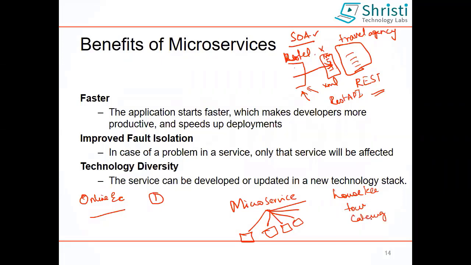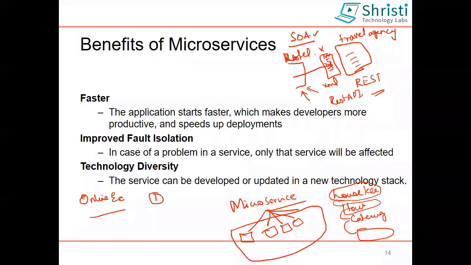So how are these things going to talk to each other? That is nothing but the REST API. Instead of one single person taking care of everything, housekeeping will have its own person to take care of housekeeping. Touring will have its own people to take care of it. So they are going to talk to each other using REST APIs. So that is the difference. This is one single application divided into multiple services. In case of service oriented architecture, we are going to connect to an external service. So that is the main difference.